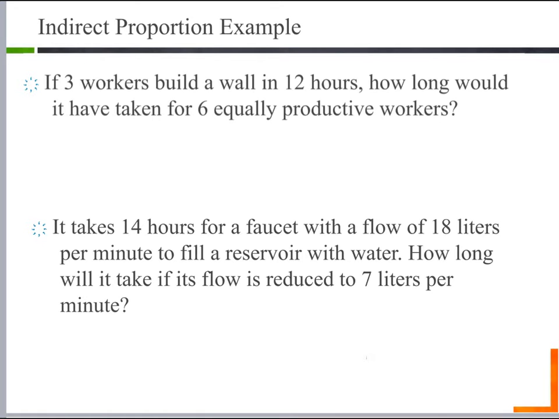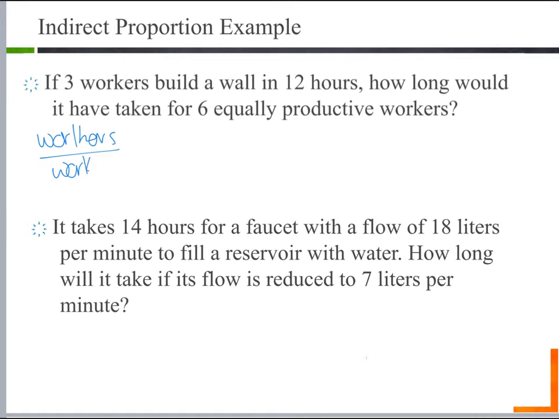So here let's look at two indirect proportion examples. And remember that we do have to flip the ratio. So if I have 3 workers build a wall in 12 hours, how long would it take for 6 equally productive workers? So the way I'm going to set this up is I'm going to do workers